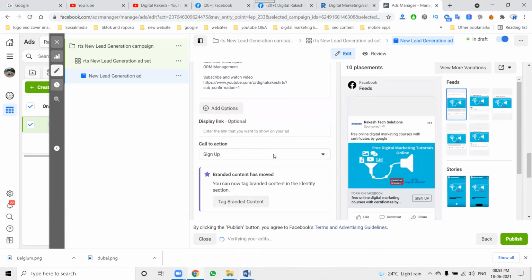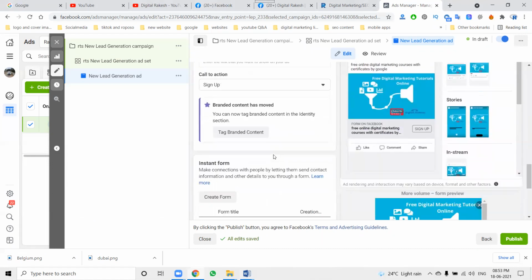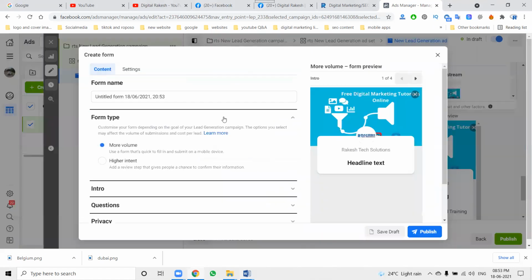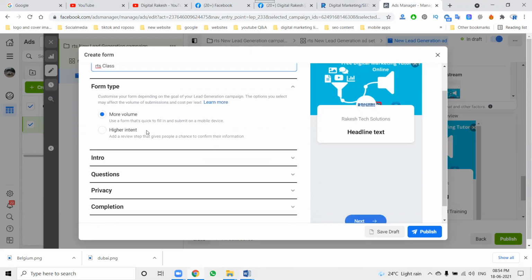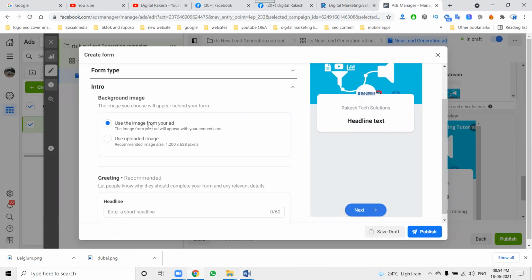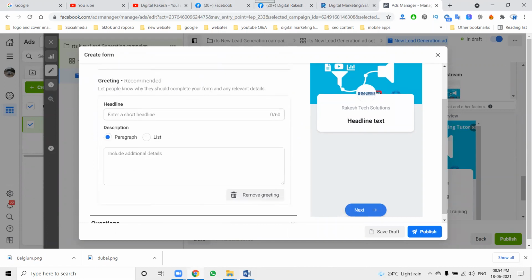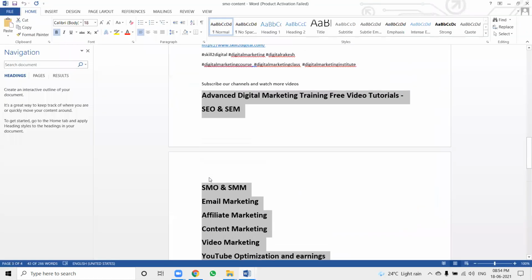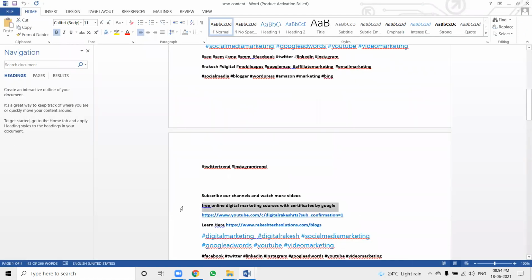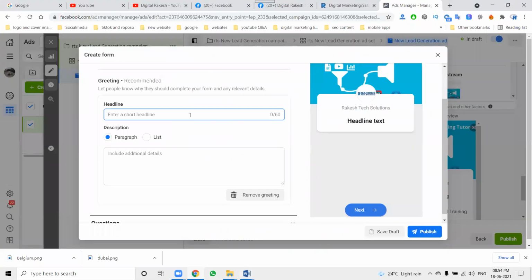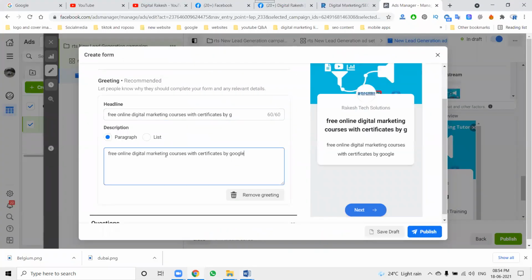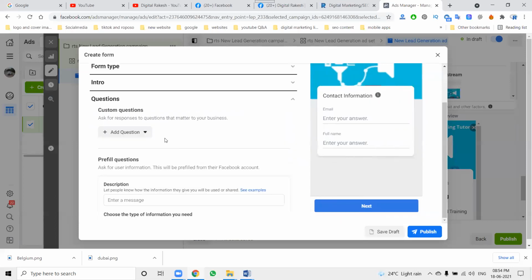So in this, create a form. The form will be, more volume, interaction, use image from your ad, headline. So the headline will be used, description.